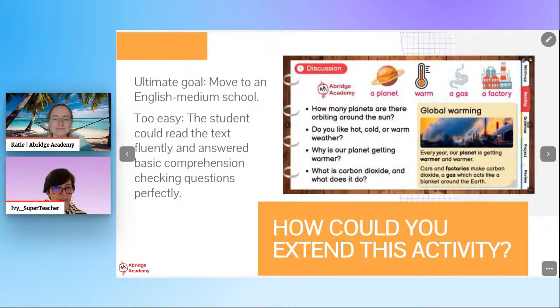So, most definitely, I will get into much more serious discussion, like what can we do to prevent global warming? Give me three things you think of that would help the planet or your local community, and then explore that. And then maybe we'll introduce writing those. Yeah, something like that. I love the idea of linking it to their own experiences, their own local community, or what they personally would do.